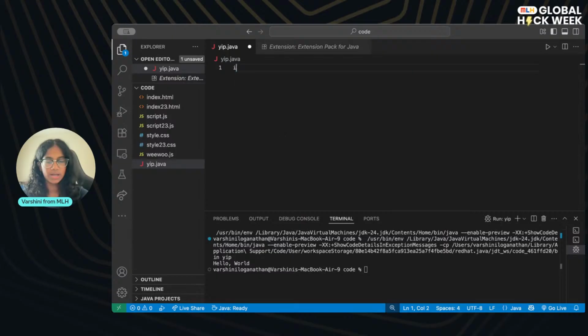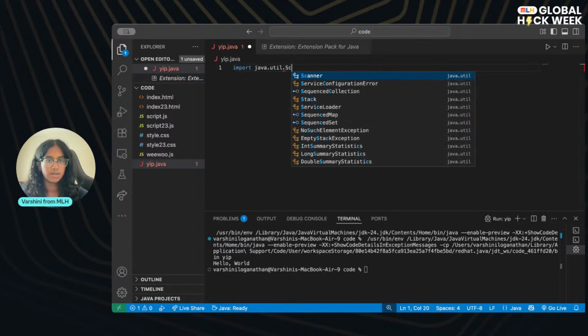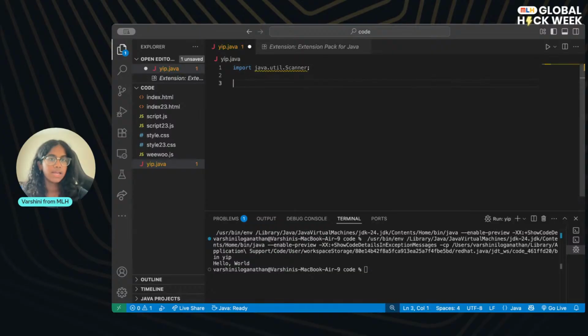I'm just going to restart it. You're going to import, and you're going to do import java.util.Scanner. And I was just going to say "not used." Okay, so you're going to want to do this because this is how we import the Scanner class, and this is how we get that information needed to use the scanner.